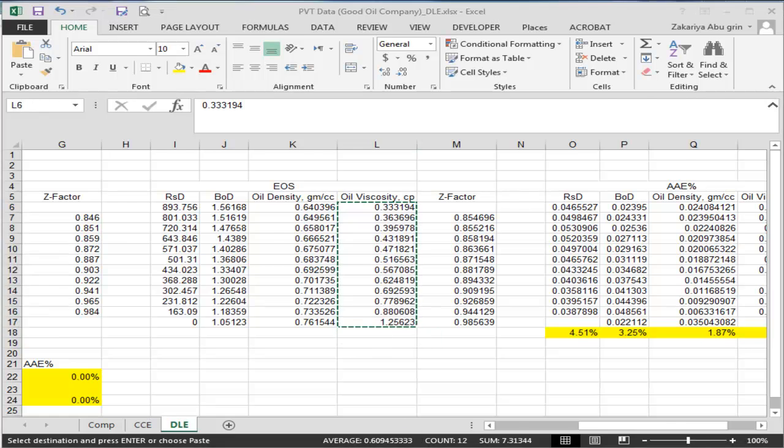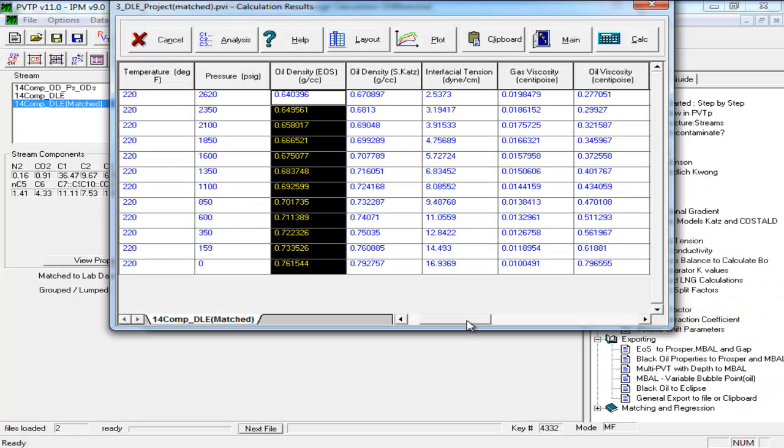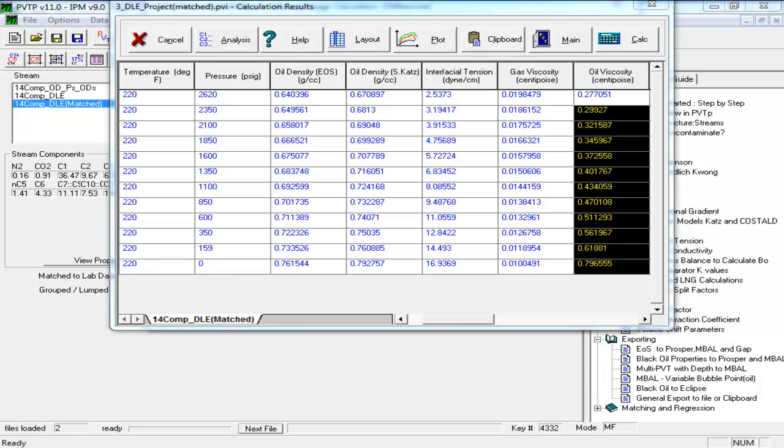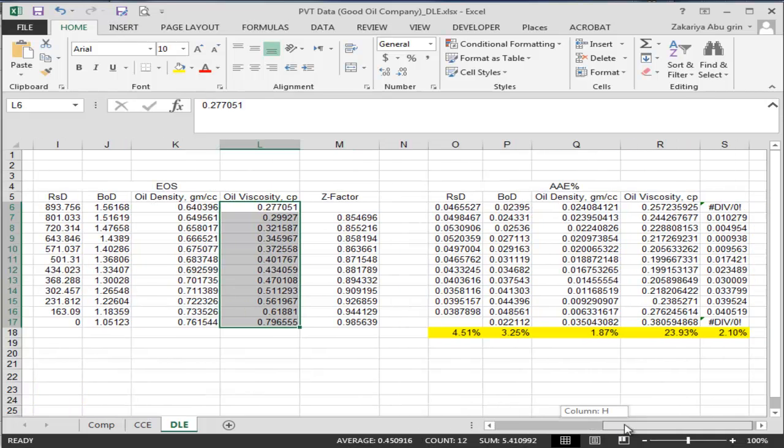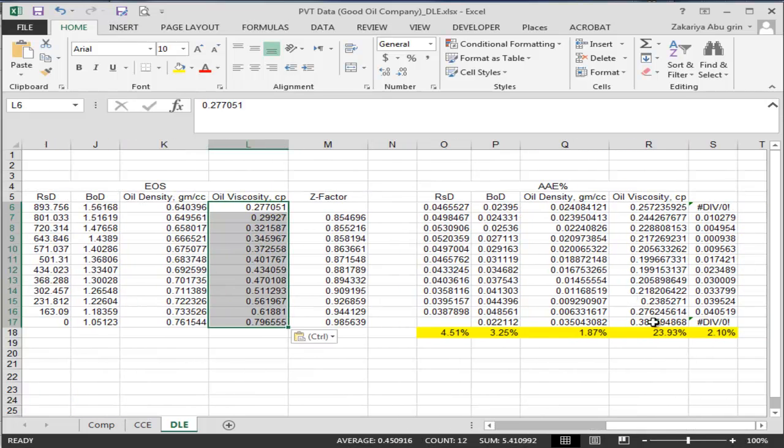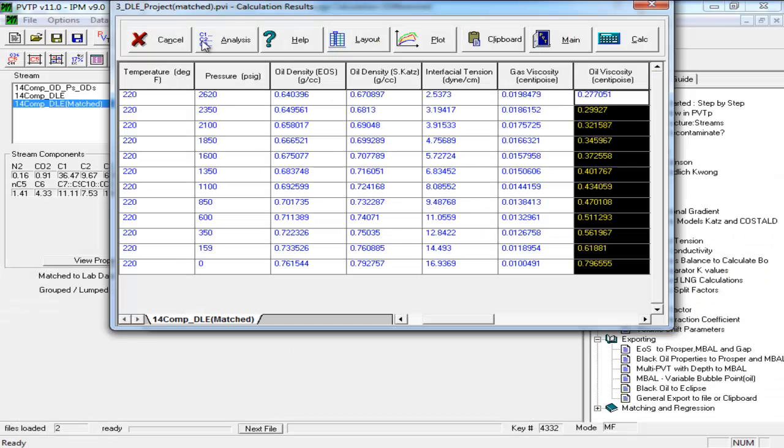Yeah, you see that we could achieve this. We could achieve this. For oil viscosity, we said that we will leave it to the end. So now, if we show the other properties, what happened to